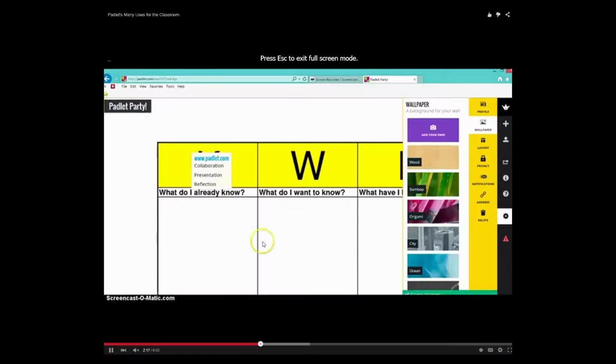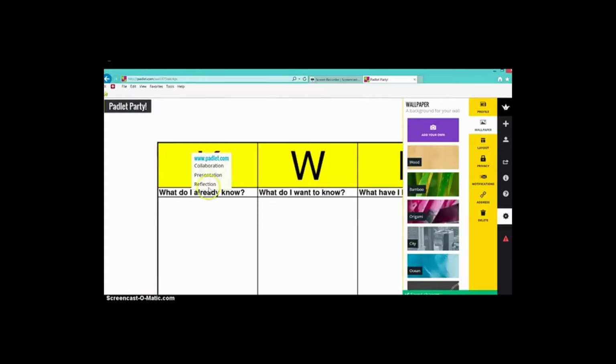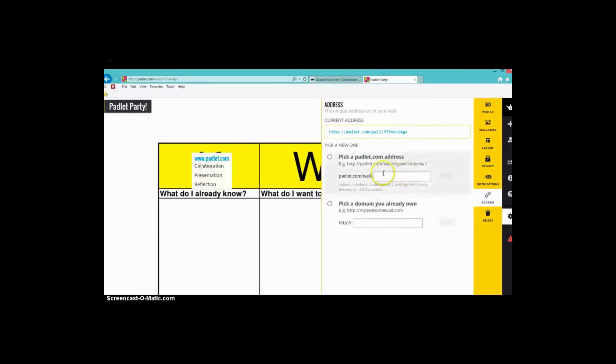Another great idea comes from Brittany Horn, who is an instructional technologist, and she shared how you can use a KWL chart on Padlet. Basically, she made this in Microsoft Word and converted it to a PDF and uploaded it as a background image in her Padlet. And for those of you who may not be familiar, KWL stands for K is know, what do I already know? W, what do I want to know? And L is what have I learned?